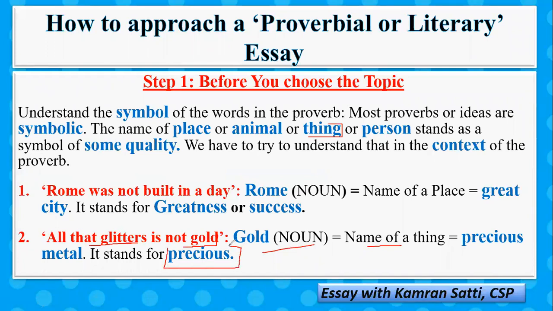So both of these topics are half decoded as of yet. We have not fully decoded them. In the first topic, we know that we are going to talk something about greatness or success, and in the second topic, we know that we are going to talk about something which looks precious and attractive. But before we make the thesis statement, we have to decode the rest of the keywords also. So moving on,